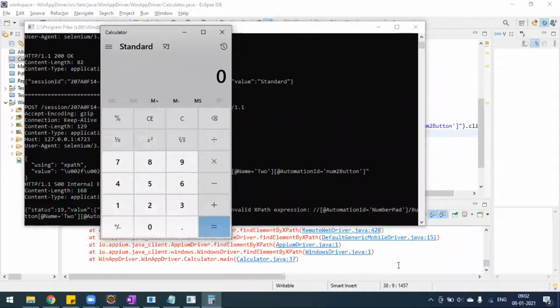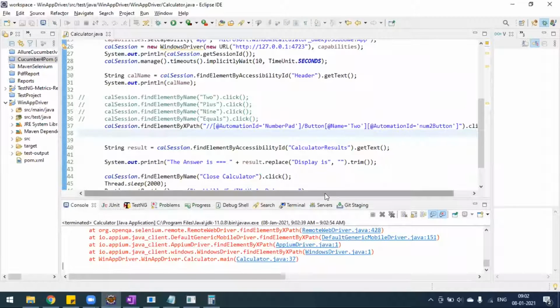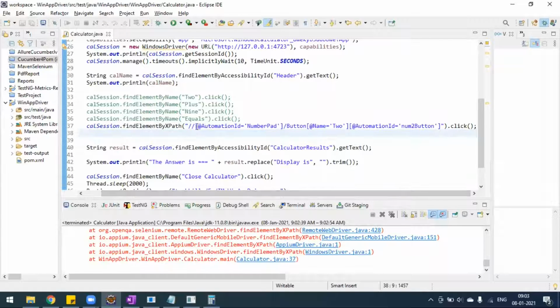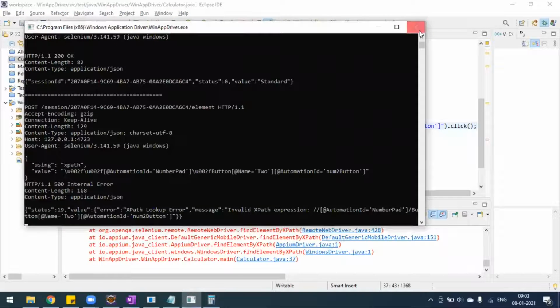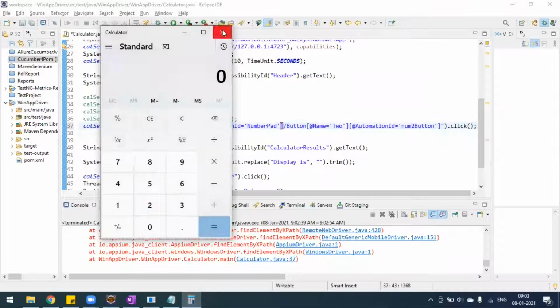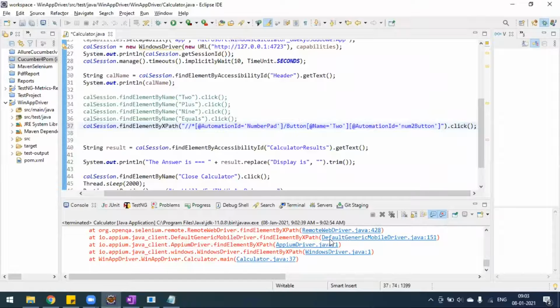This time also it is not working. So we'll put this star here. Everything looks correct. Let's run this time. You have to correct it like this.